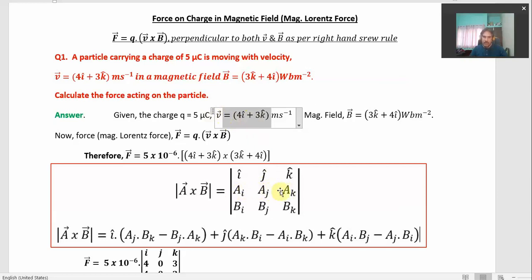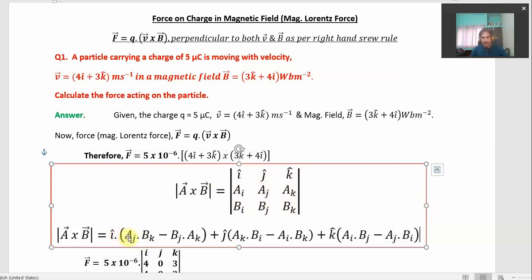So these are the values of the first vector along i, j and k direction, and in the third row are the values of the second vector along i, j and k. On solving this, we already know from vector algebra in our earlier classes that this can be solved just like this. We write the first term as i into, we omit the first row and the first column and solve for this 2 by 2 left out matrix.